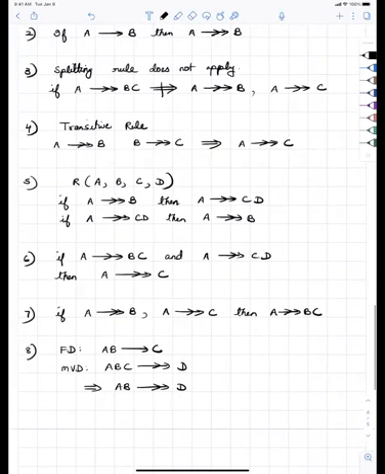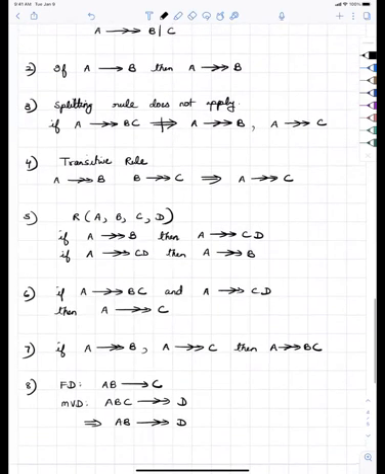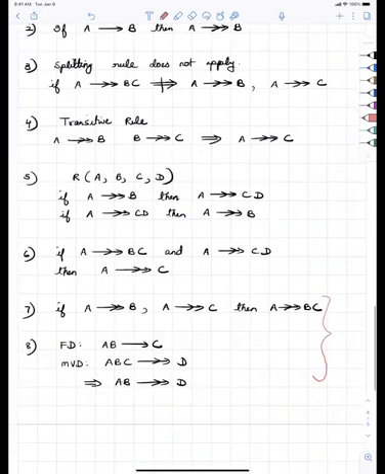So I know there's a whole bunch of these rules. Some of these are repetitions, and I wrote them down because when you do fourth normal form decomposition, it's good to have some of these rules out there. And like I mentioned, some of these rules can be derived from earlier rules. So these two, for example, can be derived from